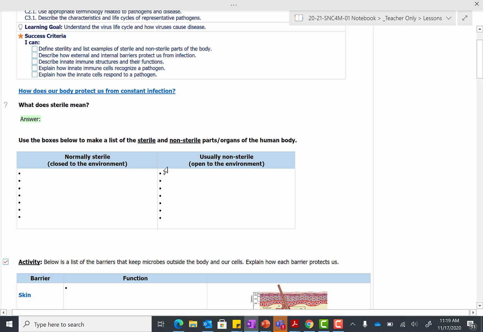So the next part, I've given you this chart to fill in, and I want you to try to do this without actually looking back at the notes. How many sterile parts of the body can you actually name, and non-sterile parts of the body? So hopefully when you're doing the sterile parts, you're thinking of big organs, things like your heart, your liver, your brain, things like that, your blood, because your blood is kept inside your blood vessels,